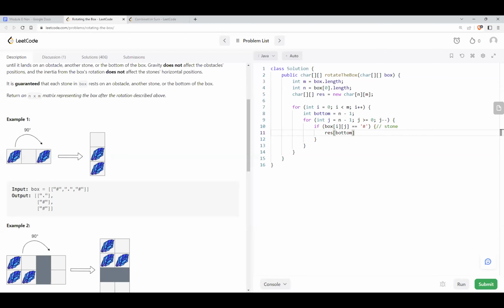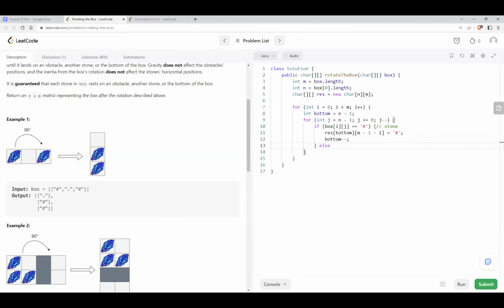Okay? So res[bottom][m minus 1 minus i] is quite similar to the rotation in that particular question that we did, the way we were determining the quads. It is quite similar to that. When I dry run, you guys will understand. This is equal to a hash, and I will say bottom minus minus,